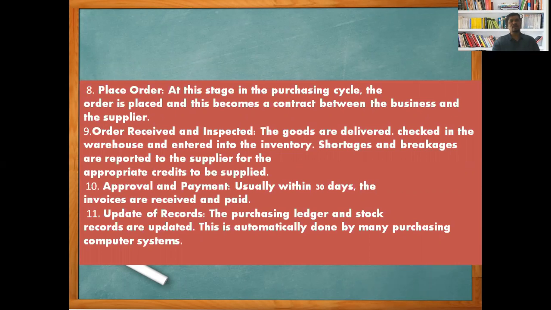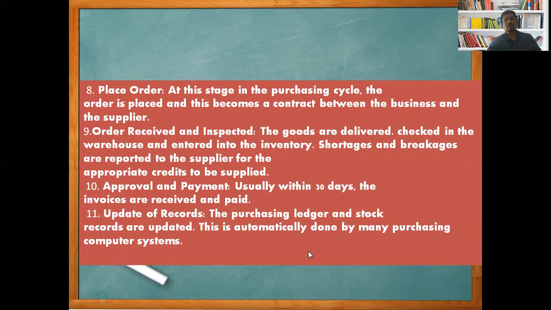As per our order, the concerned supplier provides the raw material. Before accepting the order, we check whether the order we have got is as per what we mentioned. We have to check thoroughly whether there are any damages, any shortage, any faulty material. After that we approve the order and store the material in the godown, and within 30 days we make the payment as per the invoice, as per the bill we have received.